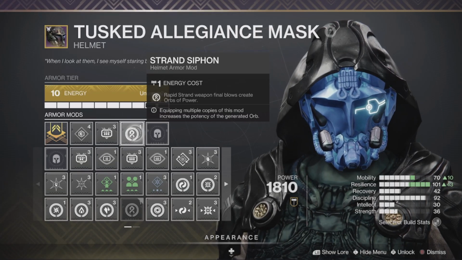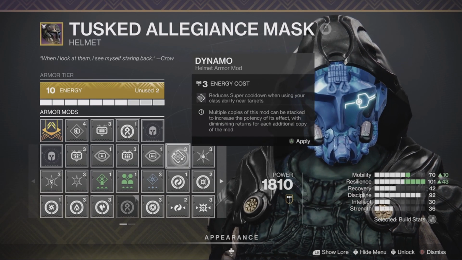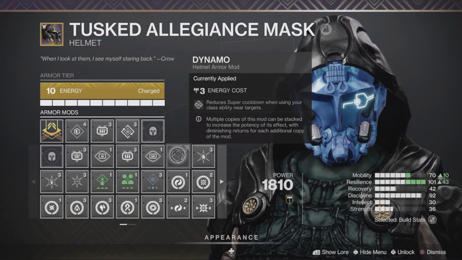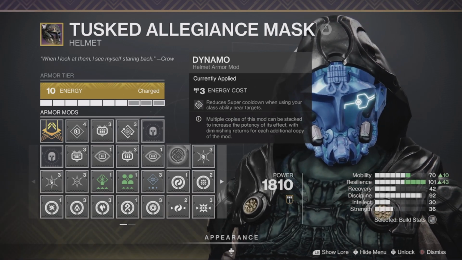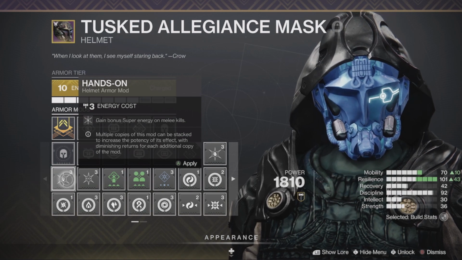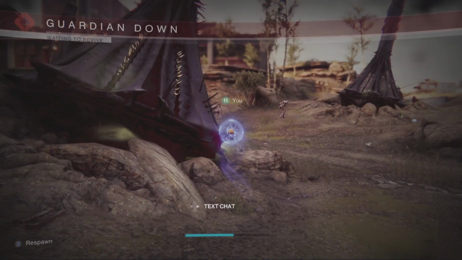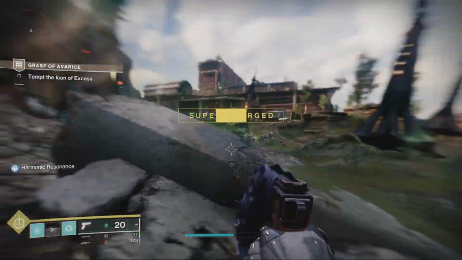Now looking at the helmet piece, one of the things that I can tell you is Dynamo does not work on the multi-dodges. It only works on the initial dodge. So if you do want to go this route, just be aware of that. It's not going to work on all the successive dodging that you get from the multi-dodge. But let's see if hands-on will work, because it should. And if we pair that with Gambler's Dodge, where we are able to get our melee dodging ability back repeatedly, we should be able to get...